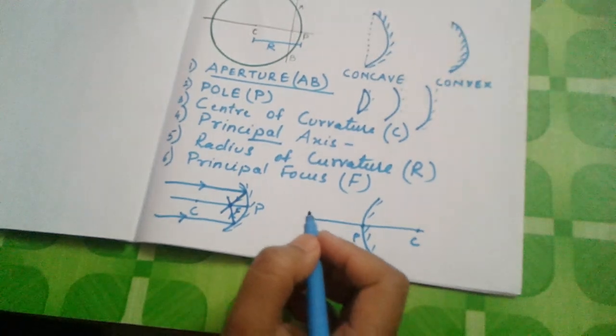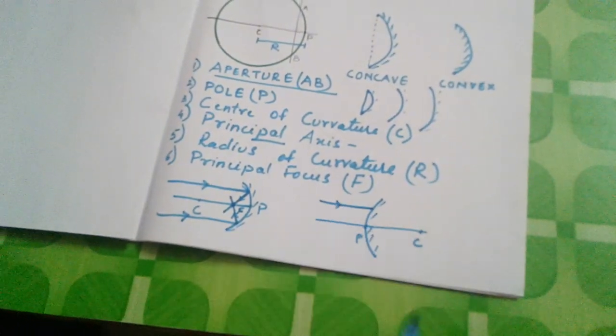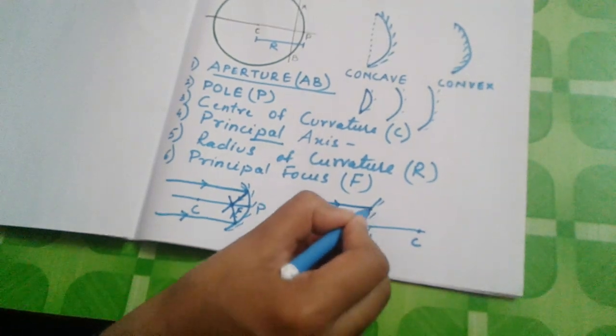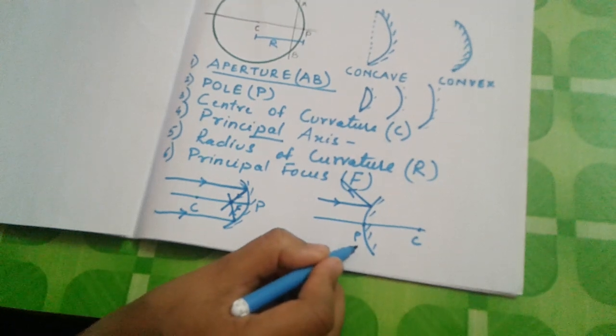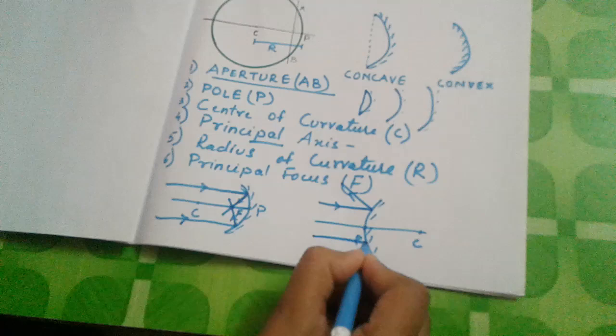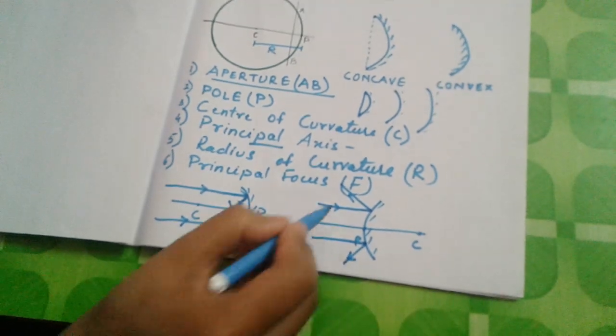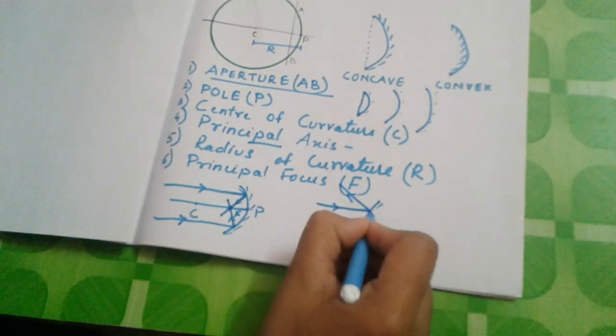And in this particular case, if the rays are coming, now you can tell they are not going to bend inward, rather they are going to bend outward. Why? Because the nature of the mirror is what? Convex mirror. So they are going to bend the rays outward. Similarly here also. So by no chance are these rays going to meet at the front. Where are they going to meet? They are going to meet